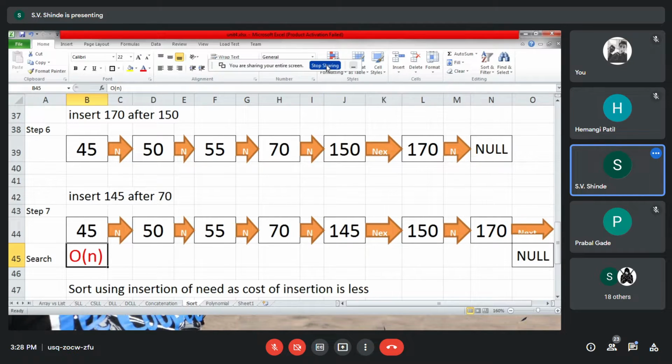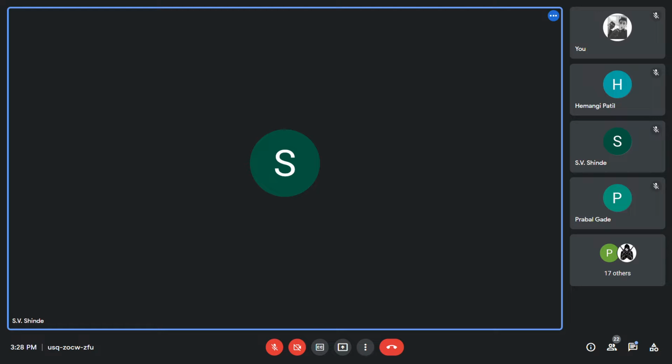Okay, so the answer for this is nothing but design of a skip list.